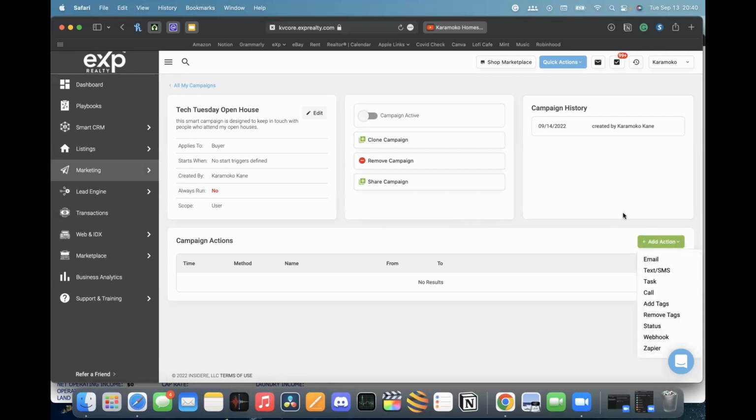So right now, since there's nothing, we're going to add a new action, and you have the option to choose, you want to email, you want to text, you want to create a task, call, add a tag, a bunch of cool stuff. So let's say, since this is an open house smart campaign, I want to send people a text maybe 5 hours after they sign in to my